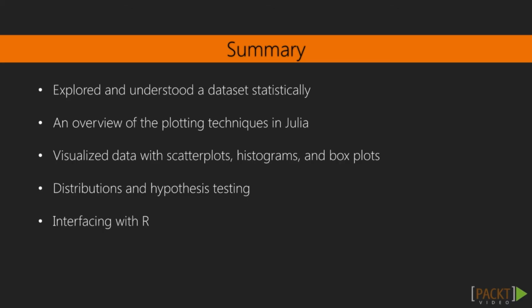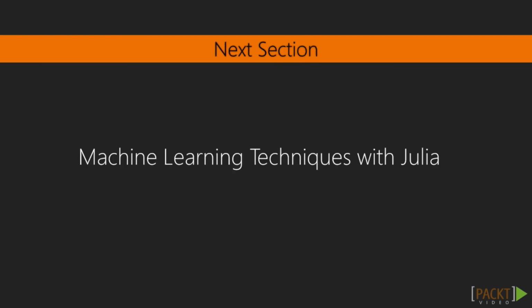In this section, we have learned how to calculate statistical properties of a dataset, how to plot these and other relationships between variables in different ways, how to work with distributions and test hypotheses, and how to call R code from a Julia script. In the next section, we will explore the use of a number of machine learning techniques using